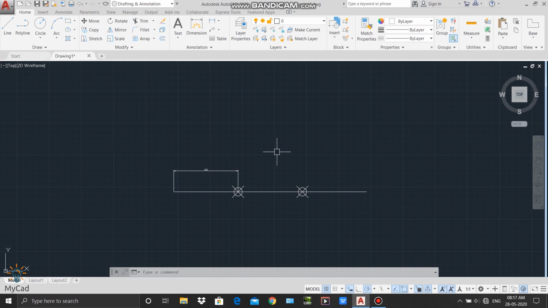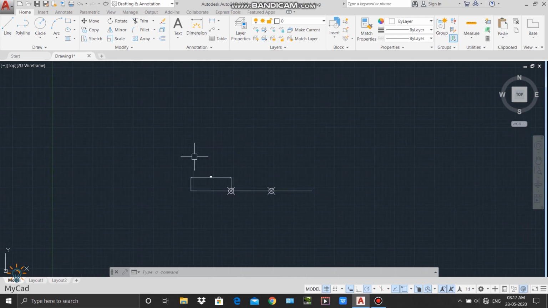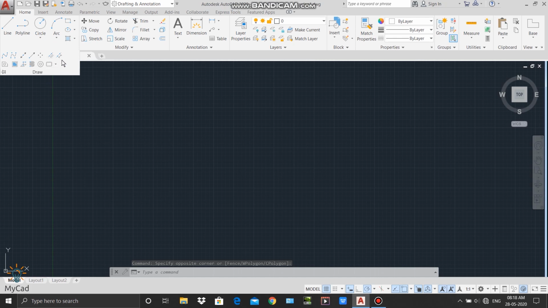Now I will discuss the measure command. The divide command is used to divide your object into different parts of the same length. So now if I want to put these nodes or points at some specified distance, then we have to use the measure command. First I will delete all these drawings. Now in this extended part of draw, the last option of our first row is measure.